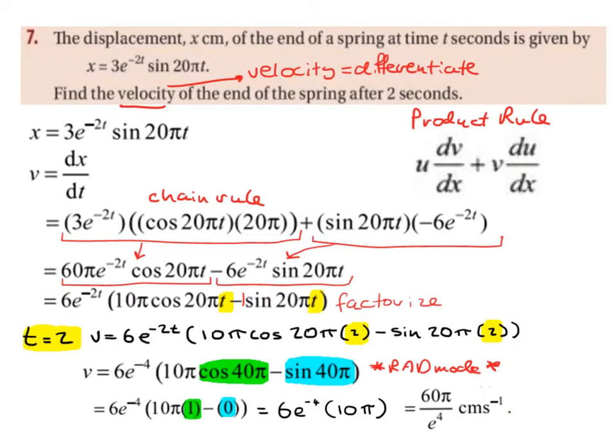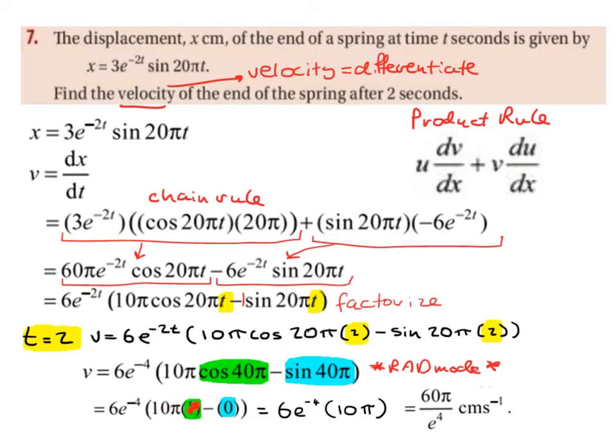So we have 6e to the power of minus 4. And just to note that the minus 4 comes from minus 2 multiplied by t, so I actually forgot to change that t there for brackets with 2 in it. So minus 2 multiplied by 2 gives us minus 4. That's where that minus 4 comes from. So we have 6e to the power of minus 4 times 10 pi times 1 minus 0. So we can just forget about the 0,